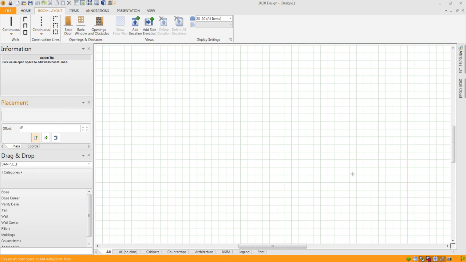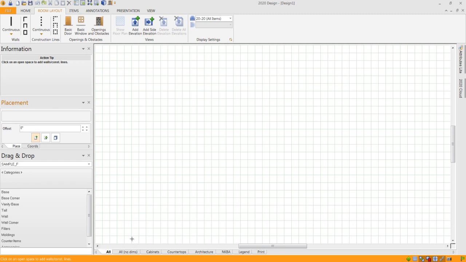As an example, I typically will look for an opening, a doorway, a hallway, and I will start drawing on the right-hand side of that opening, and I will draw all the way around and end on the left-hand side of that opening. Matter of fact, the kitchen that we're about to work with, I'm actually going to start here on the right-hand side of an opening, and then I'll end right below it on the left-hand side of the